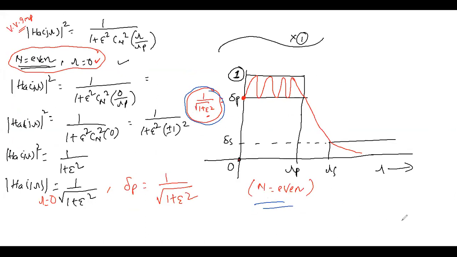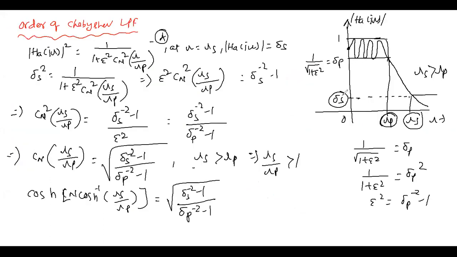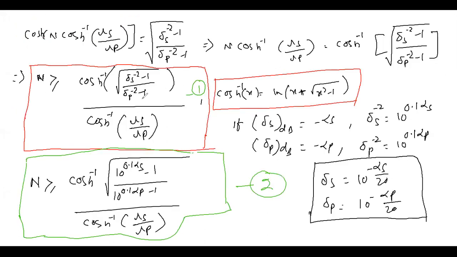Similarly, when n is odd, the ripple starts from 1. These are two very important parts. It is useful at the time of deriving the transfer function of a Chebyshev filter, and at the end, by using these specifications, we are able to find the order of the Chebyshev low pass filter. We got the equation, like the first equation, for the order of the Chebyshev filter. If del P is given